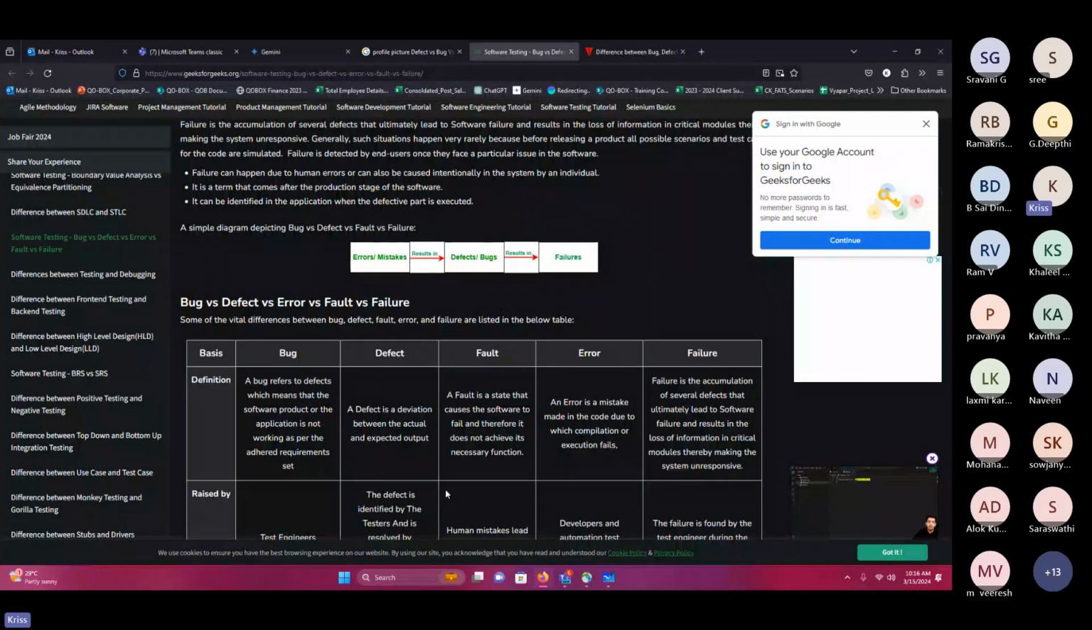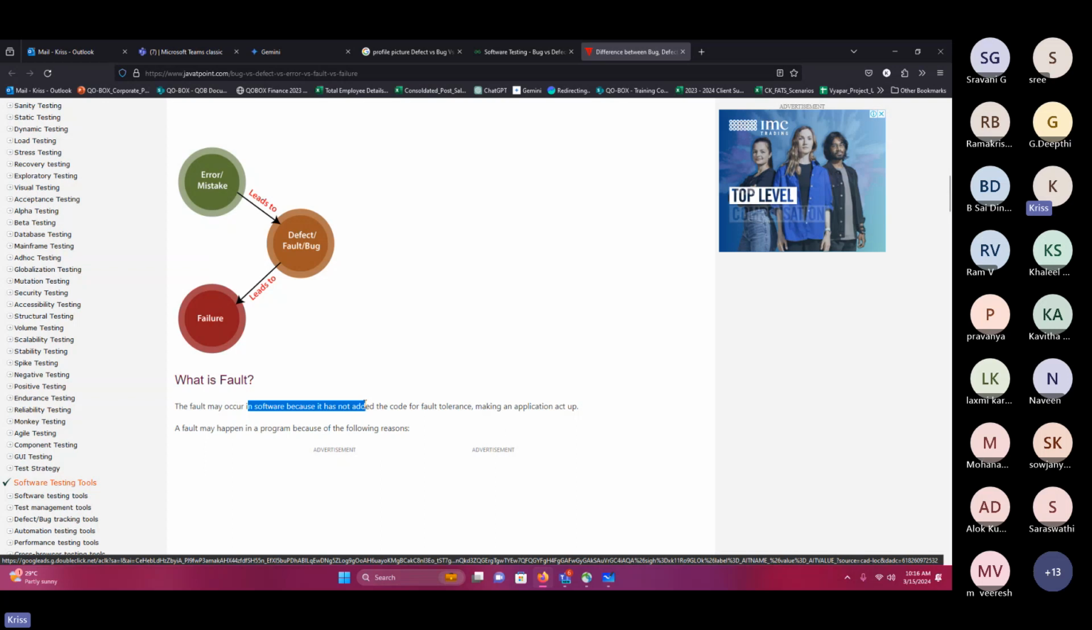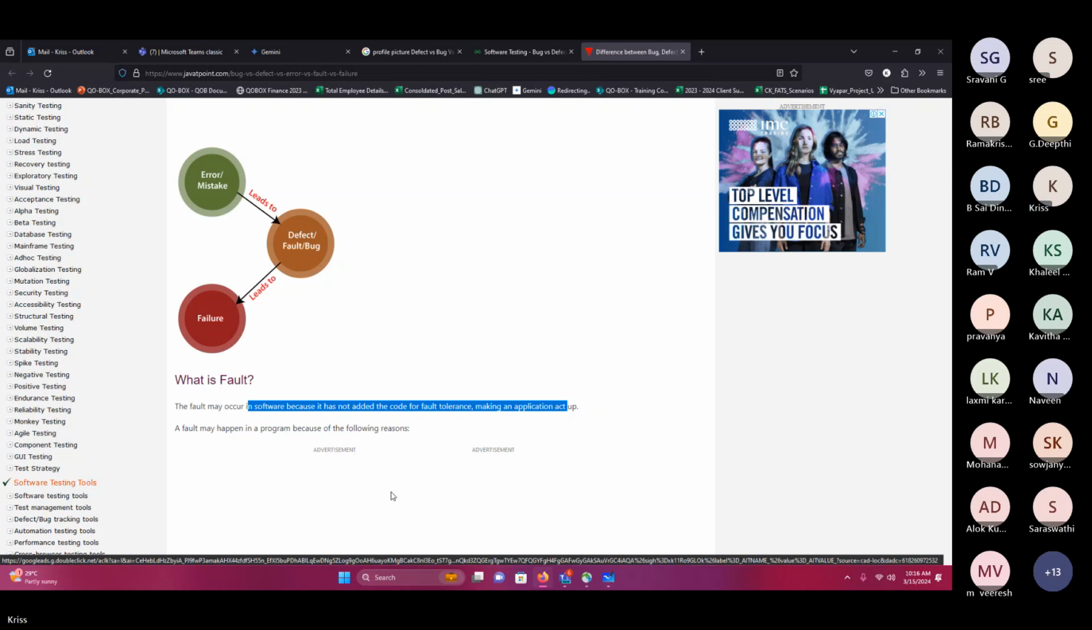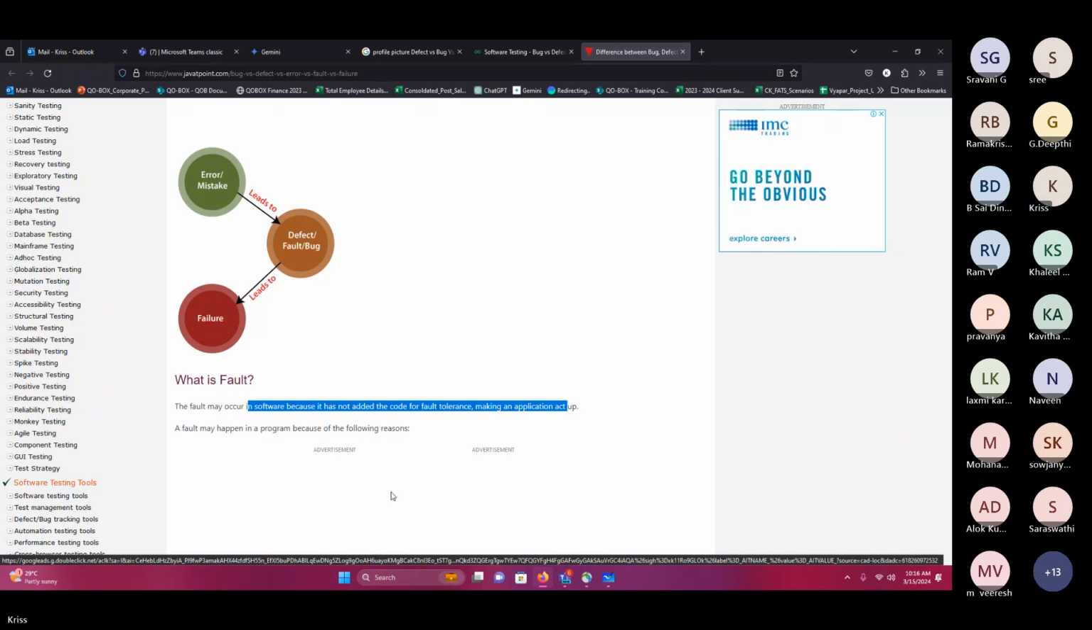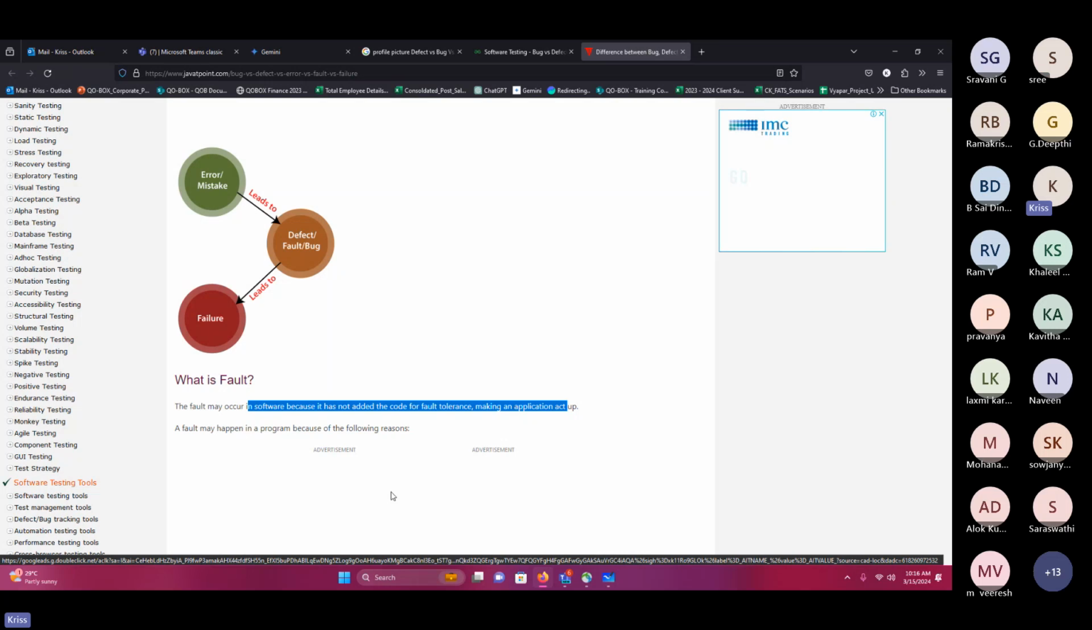Now, what do you mean by fault? For this one, you can see a simple definition here. A fault may occur in the software because fault tolerance is not added into the code to make the application act upon it. Faults are not only software faults. Usually in software we call it a bug or defect. But we call it a fault when a system has issues, meaning